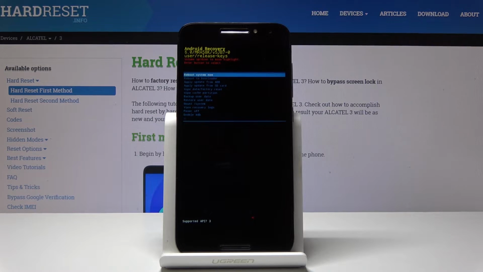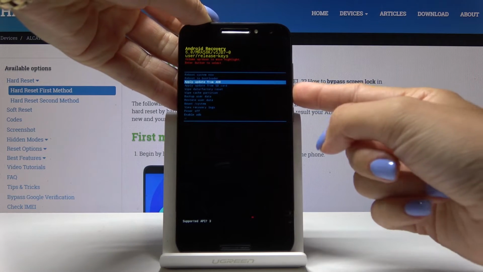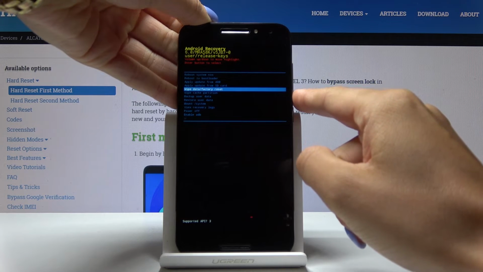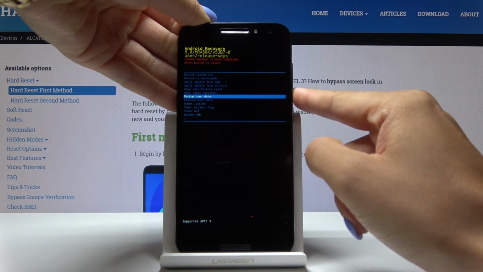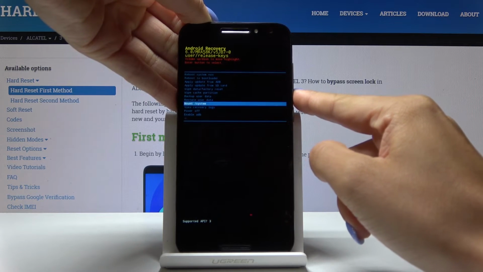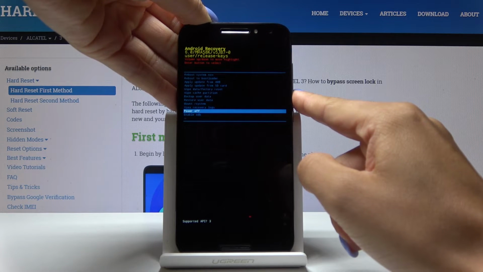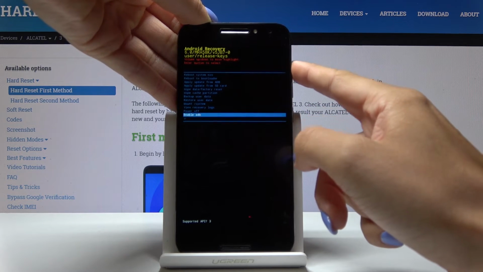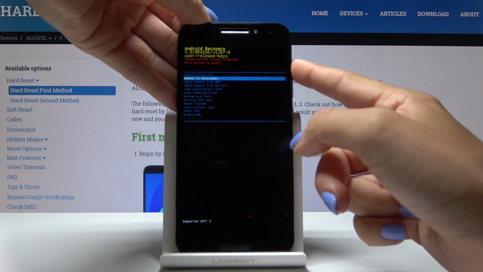So as you can see, we can reboot system now, we can reboot to bootloader, apply update from ADB, apply update from SD card, wipe data, so we can perform a factory reset here, wipe cache partition, backup user data, restore user data, mount system, view recovery logs, power off obviously, and enable ADB. So that is all. You can perform action that you would like from this mode, and I would like to